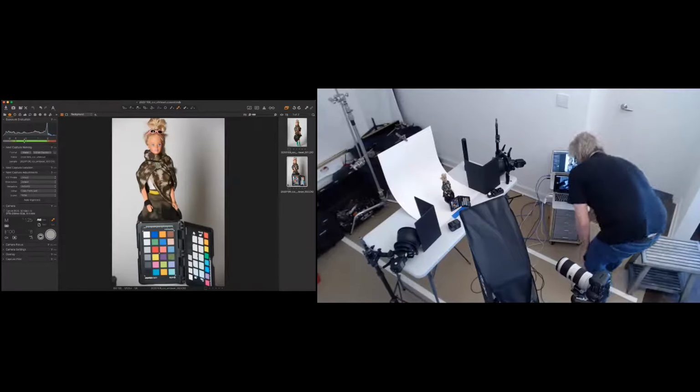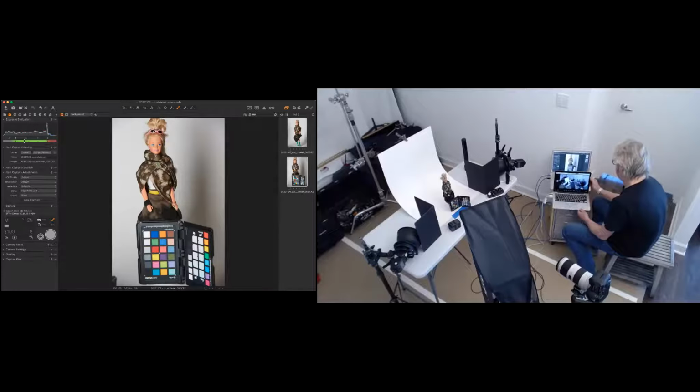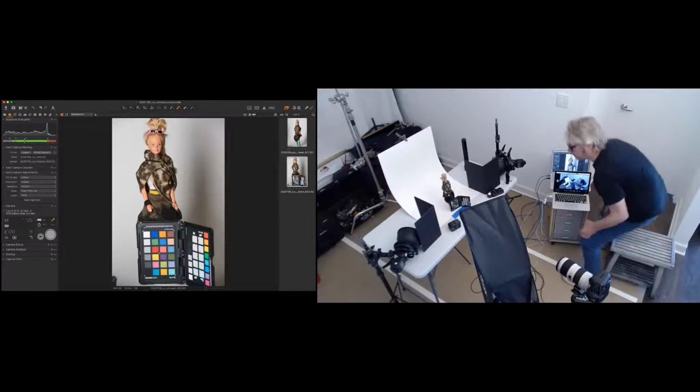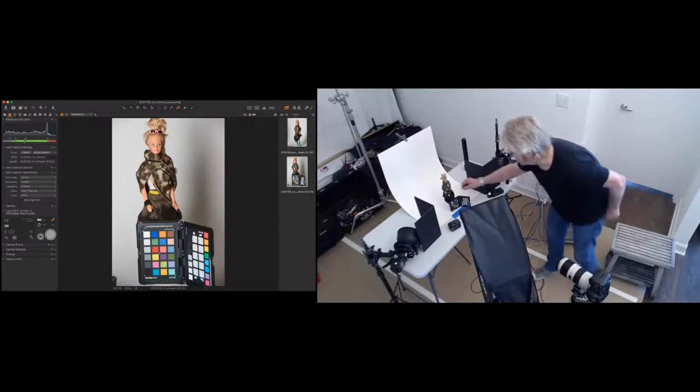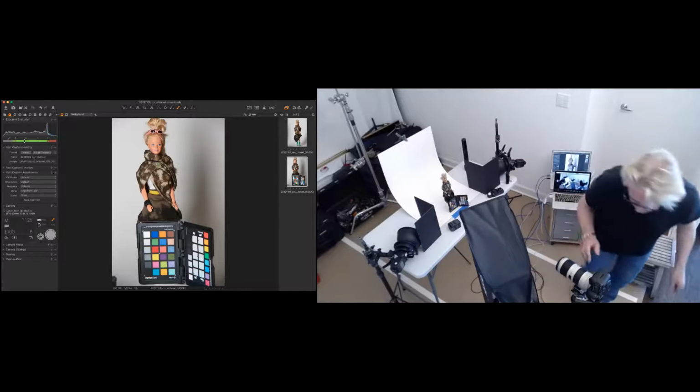What can you tell me about this color card right now? Anyone? It's got a little bit of glare, but I don't know if it's really that much. Yeah, I think it is that much. So I'm going to twist this out even a little bit more.